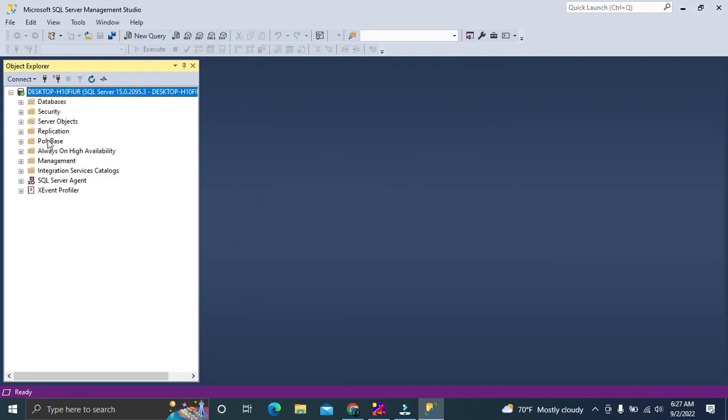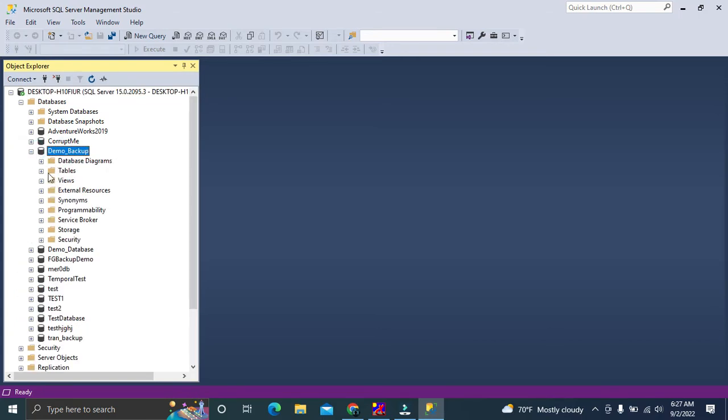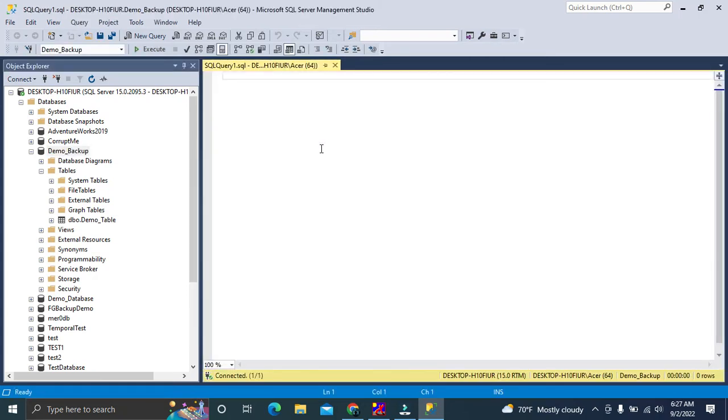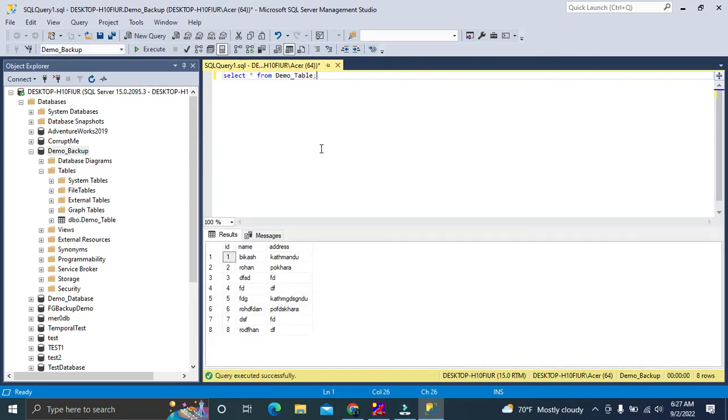After connecting to my server, we can see our database. Our database name was demo backup. You can see the table name also. Our table name was the demo table. If I right click here, choose new query, and type select asterisk from demo table, and execute this code,